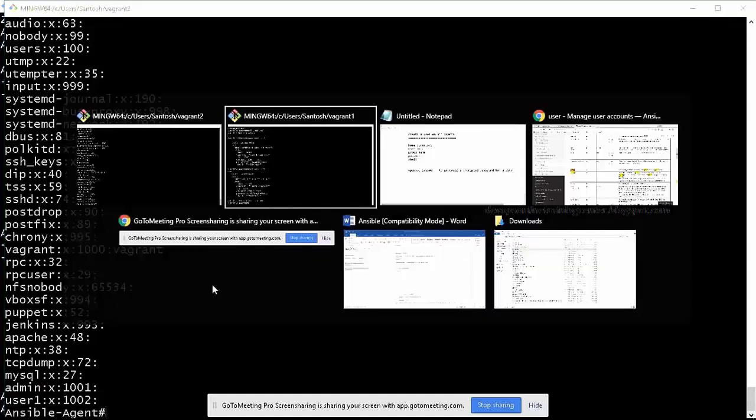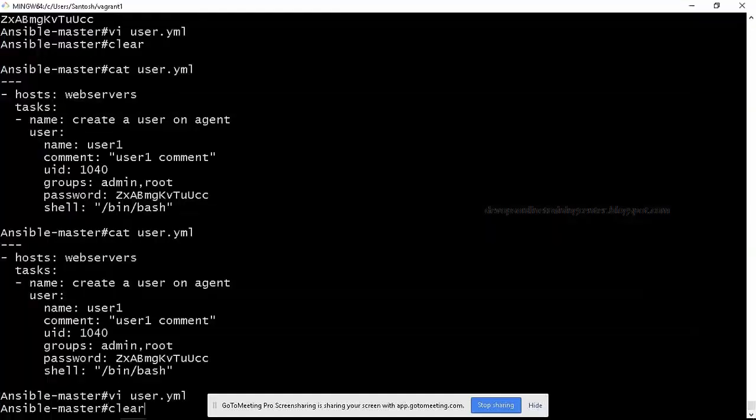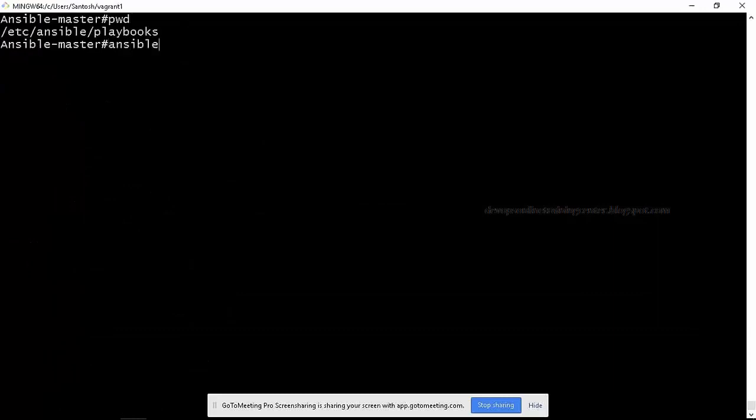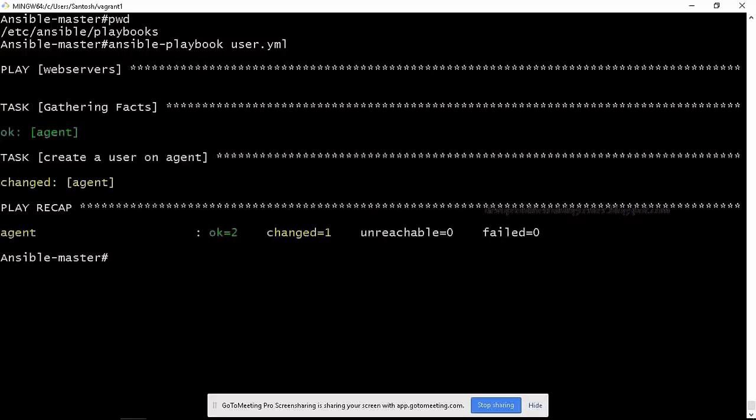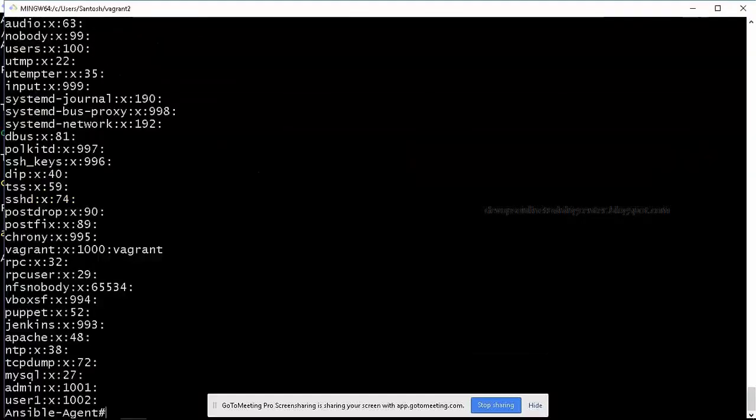Okay, so now let us try to execute this playbook and see if there are any syntax issues to create a user. Definitely I think there will be some indentation issues. Let us see. Okay, it is working. Something is changing. Let us see if a user is created.